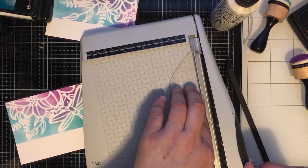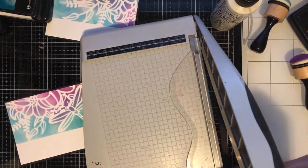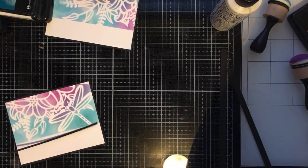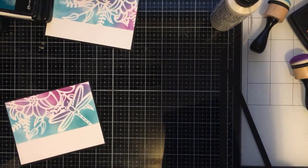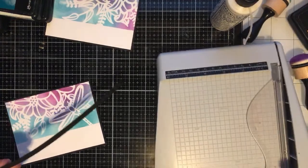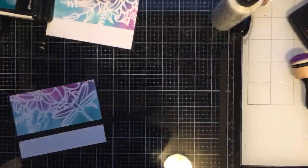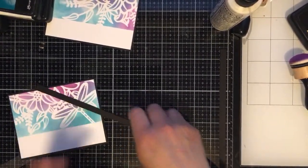So, yeah, I didn't quite, but that's okay. That's going to be a little awkward back in there. So I didn't quite get that straight, so we're just not going to use that piece. I will cut another piece. I'm going to go ahead again and put this one on here, and we're going to go ahead and stamp our sentiment. I'm going to put this on first,